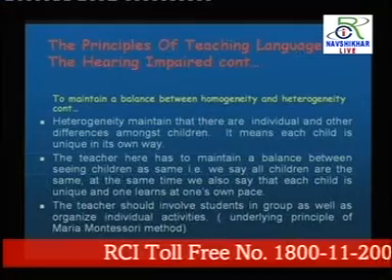There are children who learn faster than other children. So, he has to keep in mind the needs and interest of all children in the classroom, and that is what maintaining balance between homogeneity and heterogeneity means. At one point of time he has to deal with all children in the classroom, and on the other hand he has to keep in mind the children who are different. So that is it. And then next is to maintain a balance with